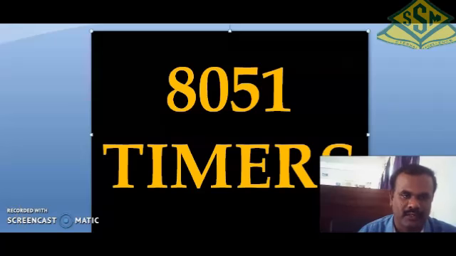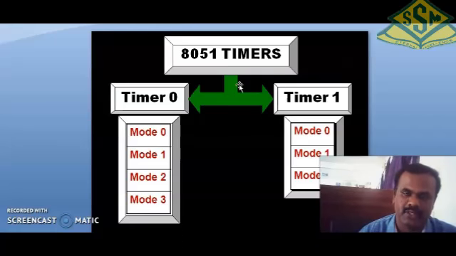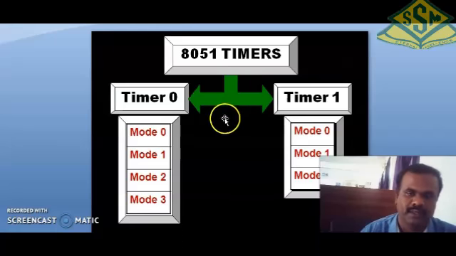So we go for the timers and counters. This is the 8051 timers classification. The timers are classified into timer 0 and timer 1, so we have two timers. Timer 0 is classified into mode 0, mode 1, mode 2 and mode 3, and timer 1 is classified into mode 0, mode 1 and mode 2. These are the different types of modes, used for different categories of programs. We choose mode 0, mode 1, mode 2 or mode 3. So what is the difference? You can see.